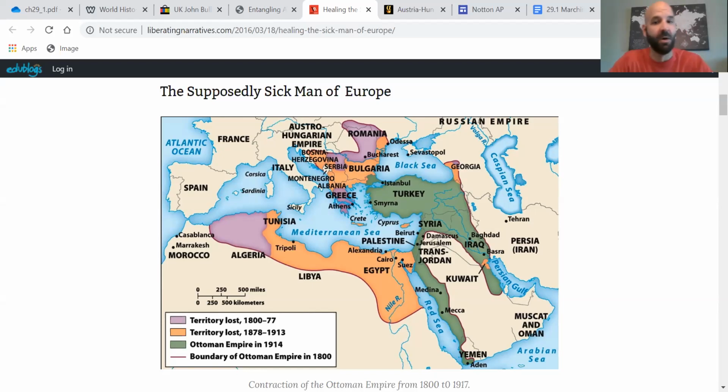In the 1800s, though, as you can see from this map, the Ottoman Empire is losing the ability to control these territories, and they are declaring their independence. One of the nations that declares their independence is the nation of Serbia. Serbia is a Slavic nation, and they are going to see themselves as the leader of Slavic nationalism. Now, Serbia has a strong ally in Russia. Russia is also a Slavic nation, and they feel that they are the big brother to Serbia.